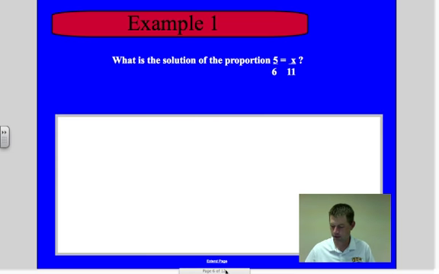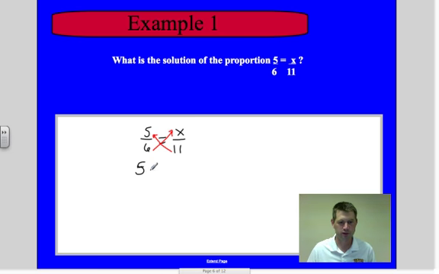The first problem we have here is 5/6 equals x over 11. What we're going to do is solve this proportion. This is kind of like fractions, making sure they're equal. How we can solve this is we can do a multiplication across from bottom to top. So if we go this side here, we take 11 times 5 and we get